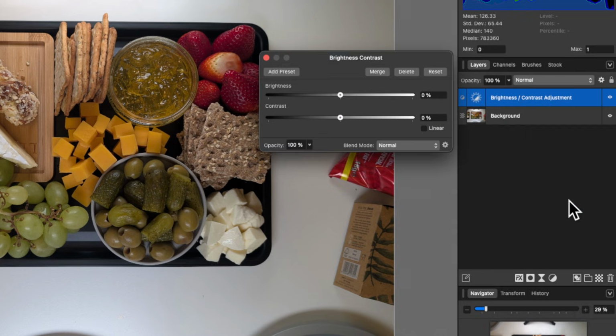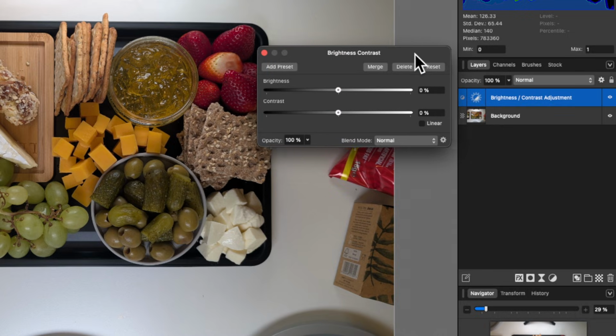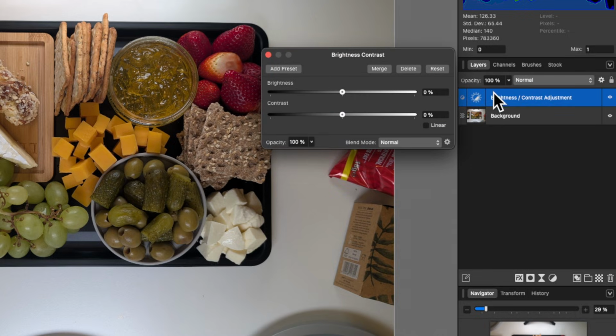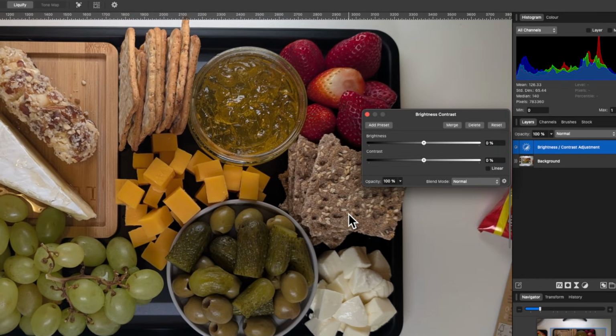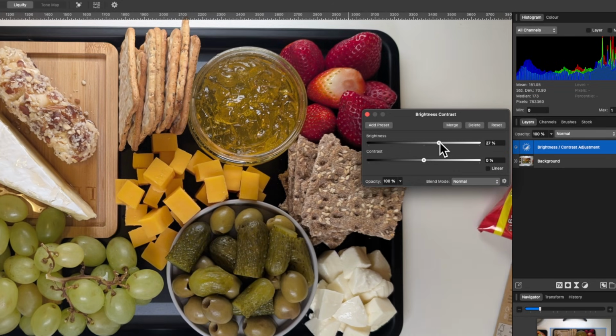So I'm going to select it now, and you can see I have this pop-up box here, and I have a new layer in the layers panel. So I'm just going to zoom in a little bit so we can see what's happening to the image. And I'll just click and drag on the brightness slider up to where I think it's okay, and let go. Now I'll do the same with contrast. I'll just up that a little bit to make it a little bit more punchy. And once I'm done, I can just select the X button there.